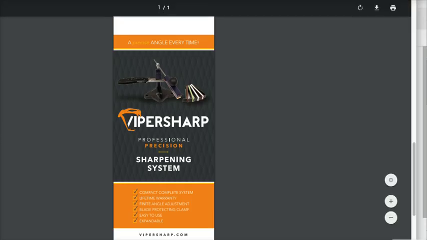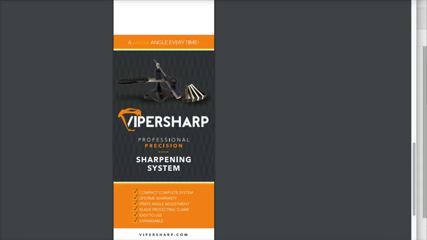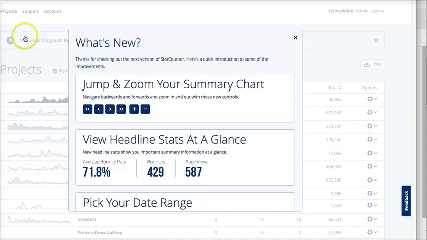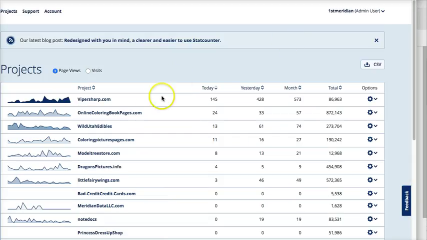Now, I'm going to jump into a little bit of a tangent here just to show you some of the rankings that I have, just to give you an example and understanding. If we look at StatCounter.com here, which is a tool that I like to use for looking at my statistics and what's happening.